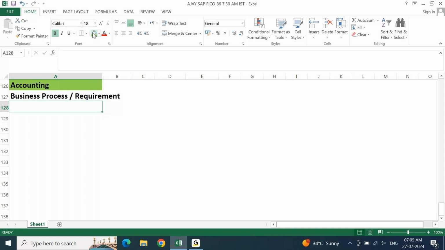You should not think about a scenario where you feel that in my project my senior consultant will be there, my lead will be there, my project manager will be there, they will talk to the client, they'll get all the information, they will share it with me, I look at the document, I do the configuration. Don't think from that perspective. If you're thinking from that perspective, you're wrong.